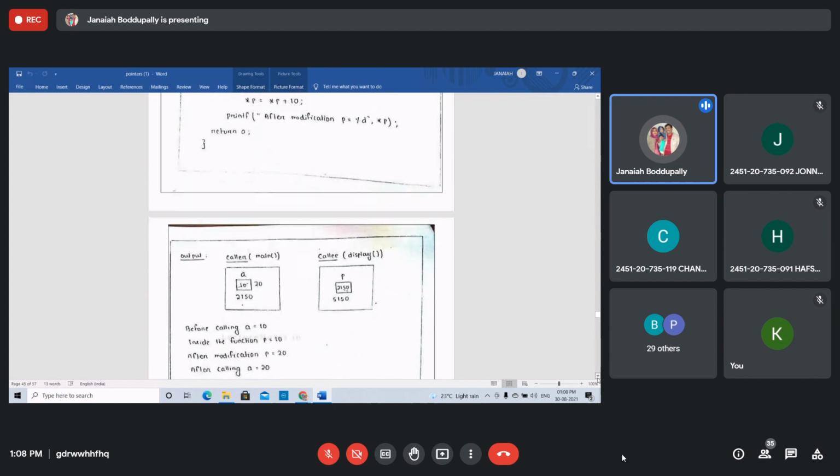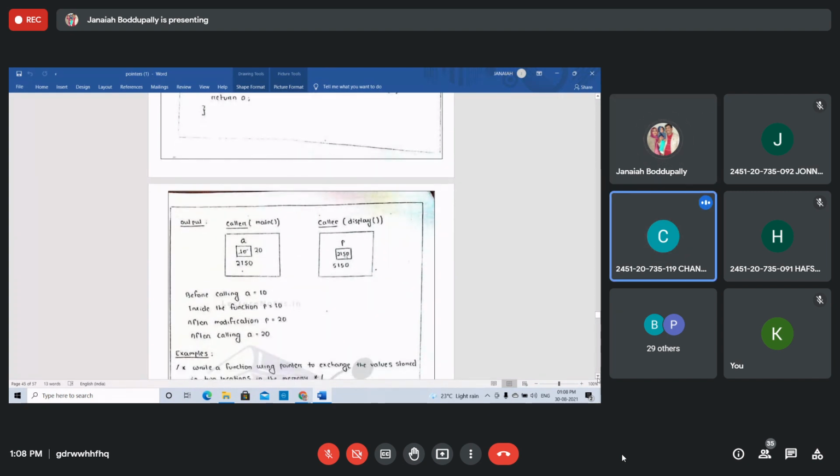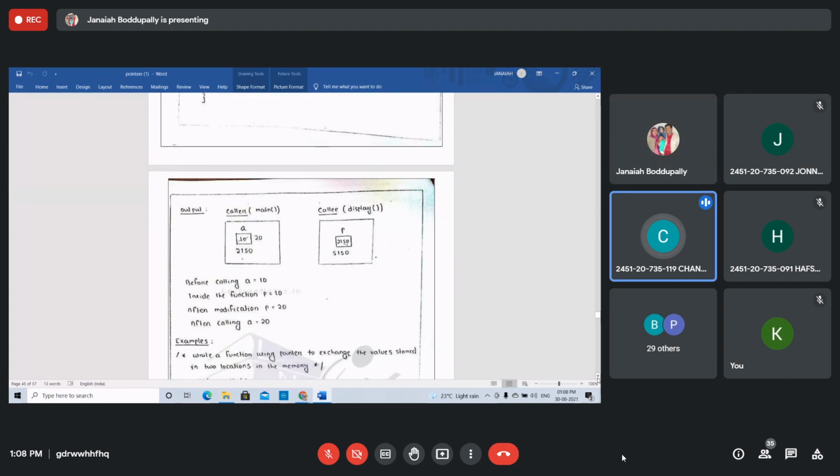Whatever the calling function, we can use call by value. We can't use pointers in call by value. We can't use just the value, we use address locations, so we are using pointers. That's why I did not explain this call by reference when you discuss functions. Got it? Functions, call by reference and address, in pointers.